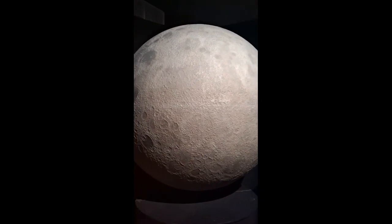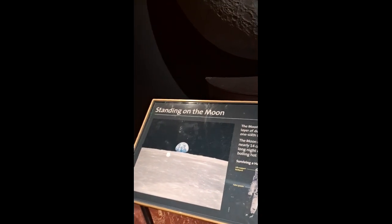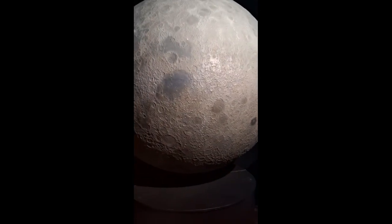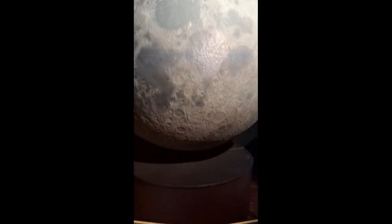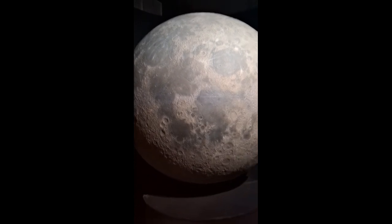The writing says, the moon's landscape is scarred by craters and covered with a layer of dust. There is no air, liquid water, or life. The gravity is one-sixth Earth's, so visitors can leap easily across the surface. The moon rotates much more slowly than Earth. It experiences nearly 14 continuous days of sunlight, followed by an equally long